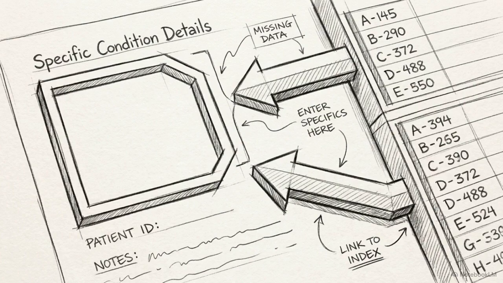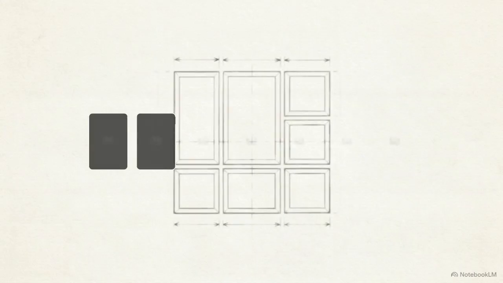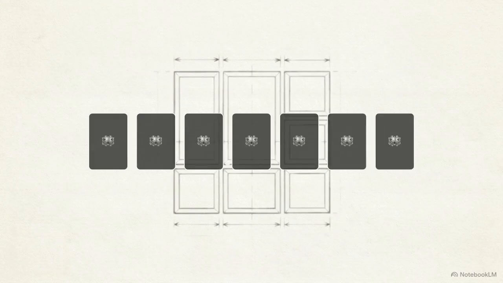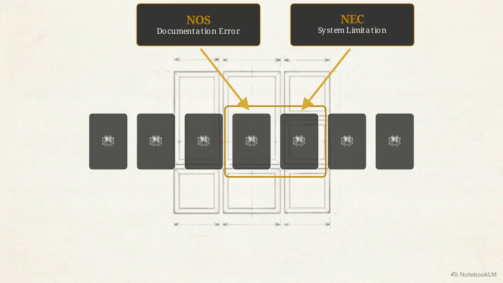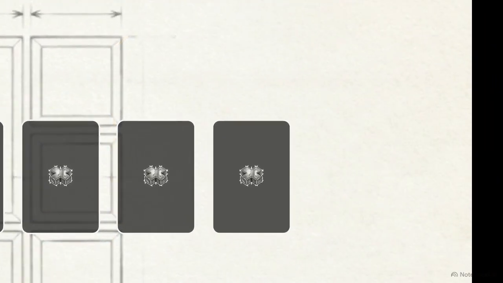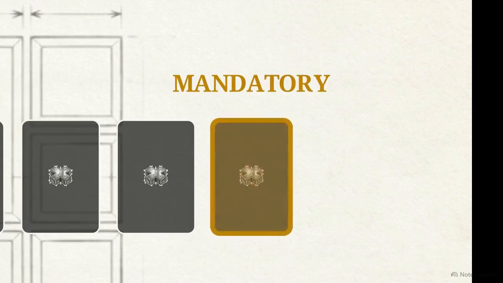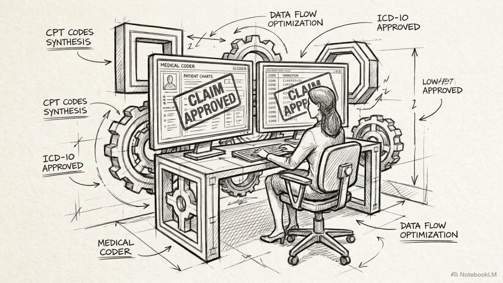You have to learn how to diagnose exactly where the information gap exists between the patient's chart and the code set. Looking at this blueprint layout of a 7-slot sequence, the first 2 structural failure points occur when there is an information gap. You must identify if that gap is a documentation error, NOS, or a system limitation, NEC. The final failure point is at the end. You must map data precisely into this isolated, mandatory 7th position. Understanding this alphanumeric syntax is the only way to capture the true clinical picture, while guaranteeing the resulting claim is